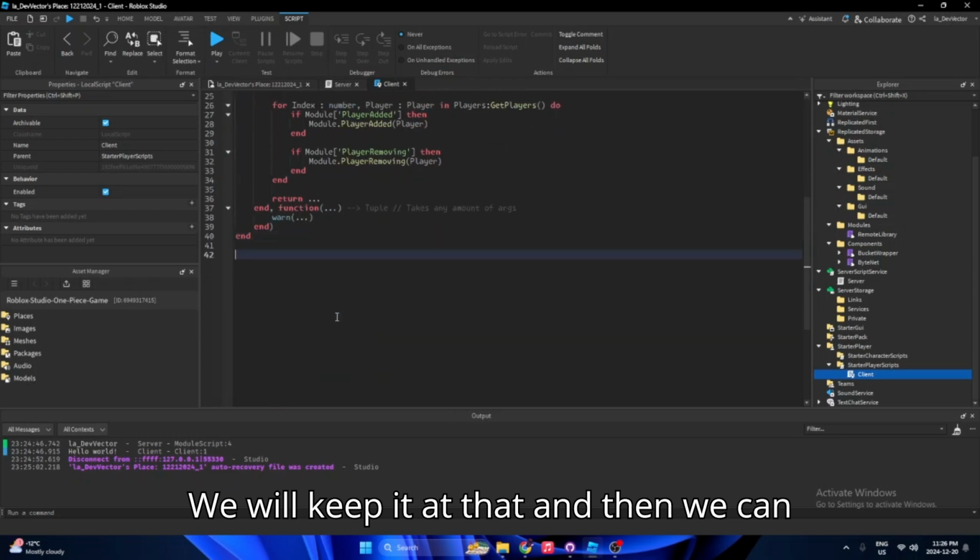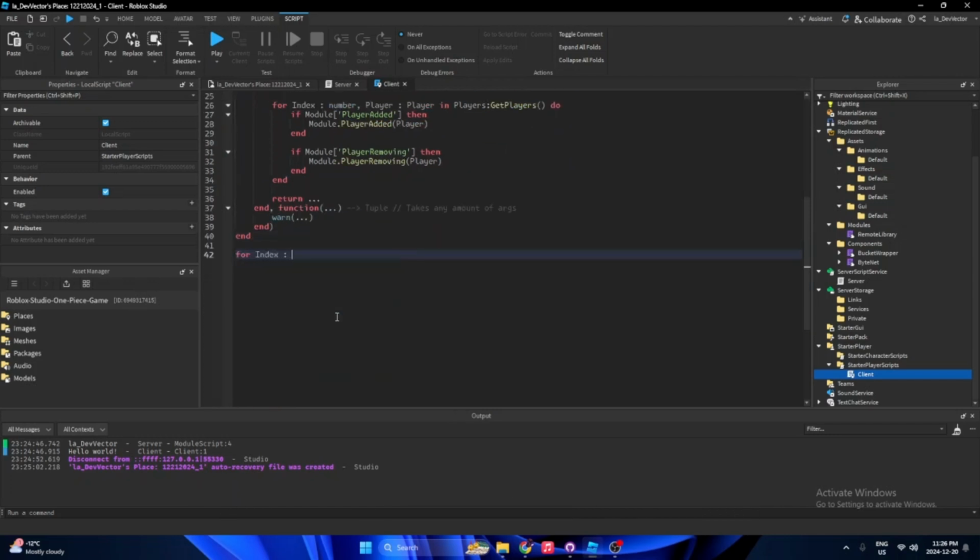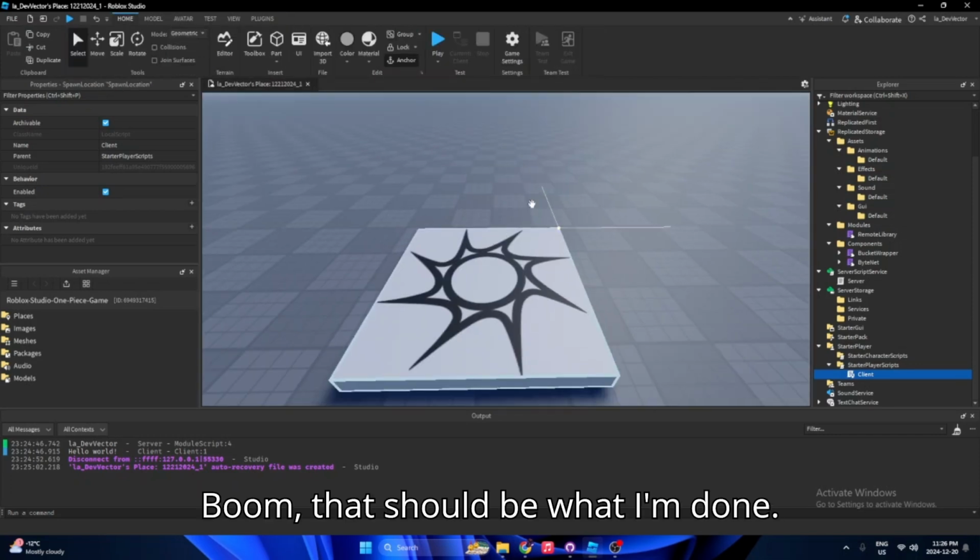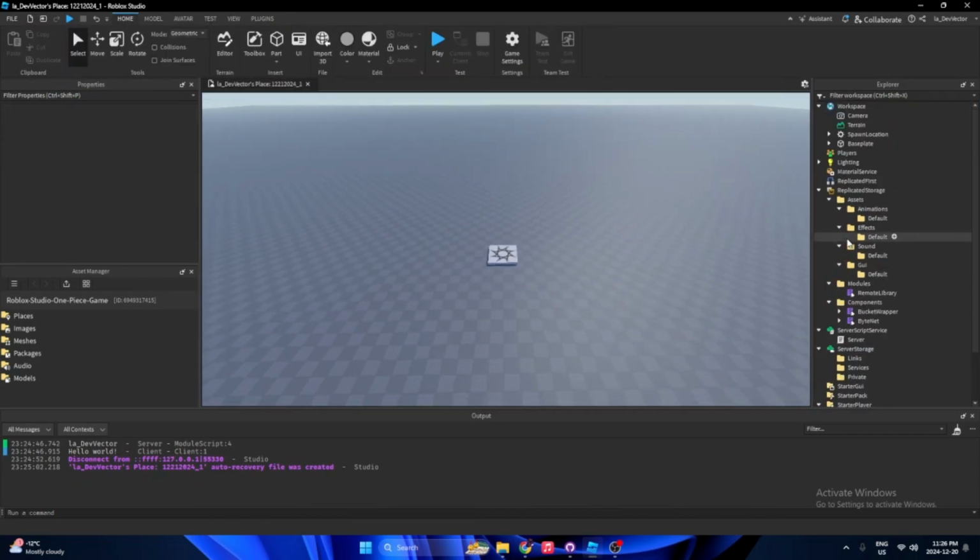We could keep it at that, and then we could just index our client script. I would do, boom. That should be what I'm done. So now,